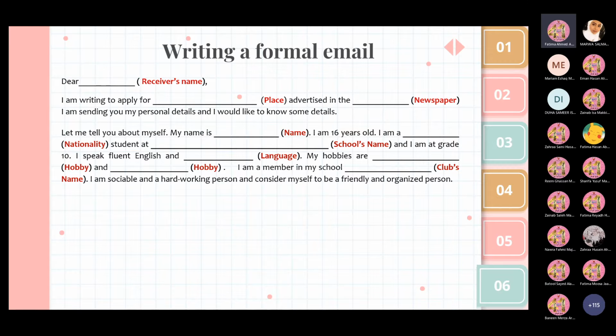Continuing, we've got after that the second paragraph, which is all about personal details and information, starting with "Let me tell you about myself. My name is", where you'll write your name if it's mentioned in the question, which mostly it will be. And if not, you'll choose whatever you like, but the same as the one you wrote as an email address above, the one you wrote in the "from". Okay, and so on by filling the gaps. "I'm 16 years old", which you won't need to change as well.